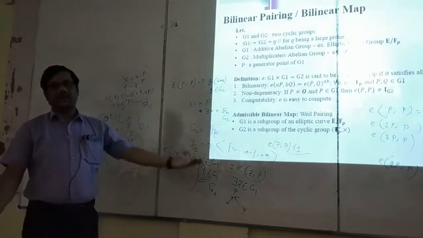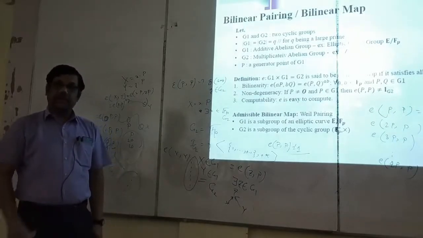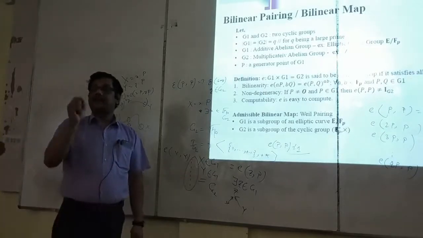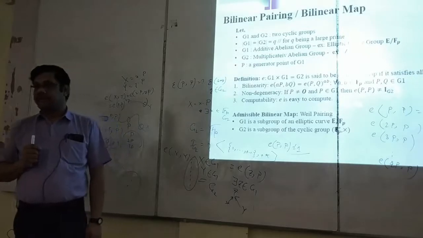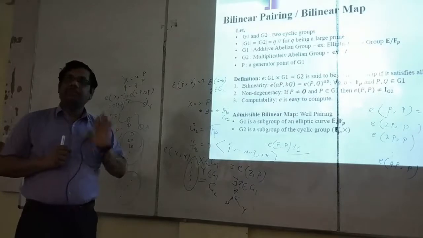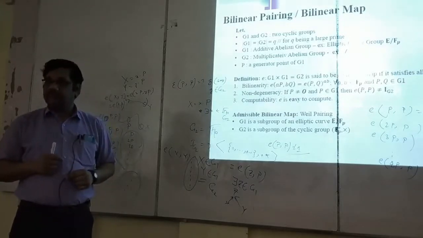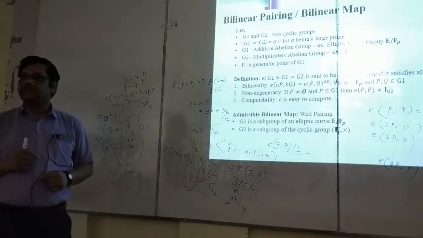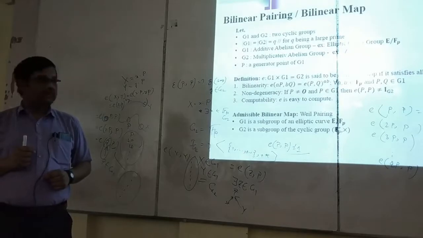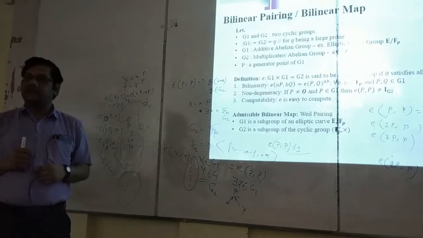Admissibility meaning whether practically you can implement. I said these abstract properties, that doesn't mean that such type of function will exist in the world, but it exists. That is admissibility. Now the last question that I have raised in the last class, that given these properties, it can be proved that E is a one-way function also if discrete log is hard.